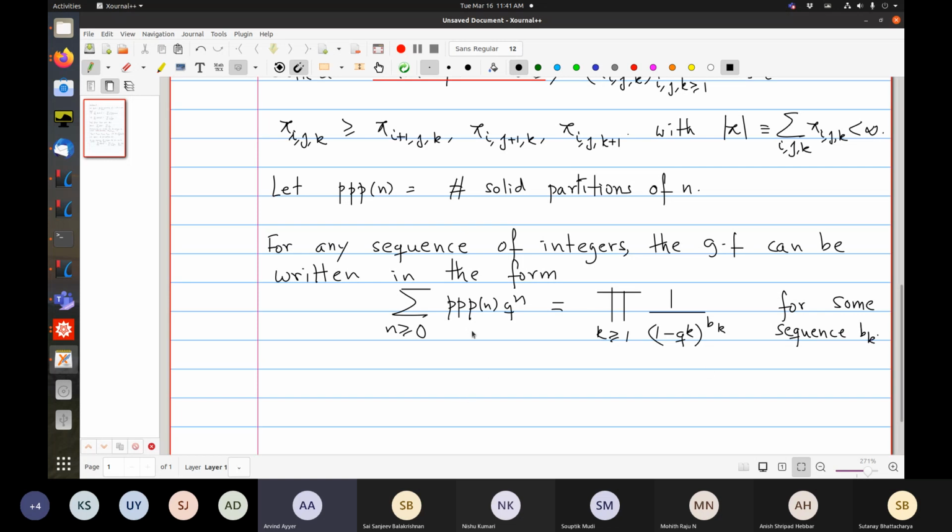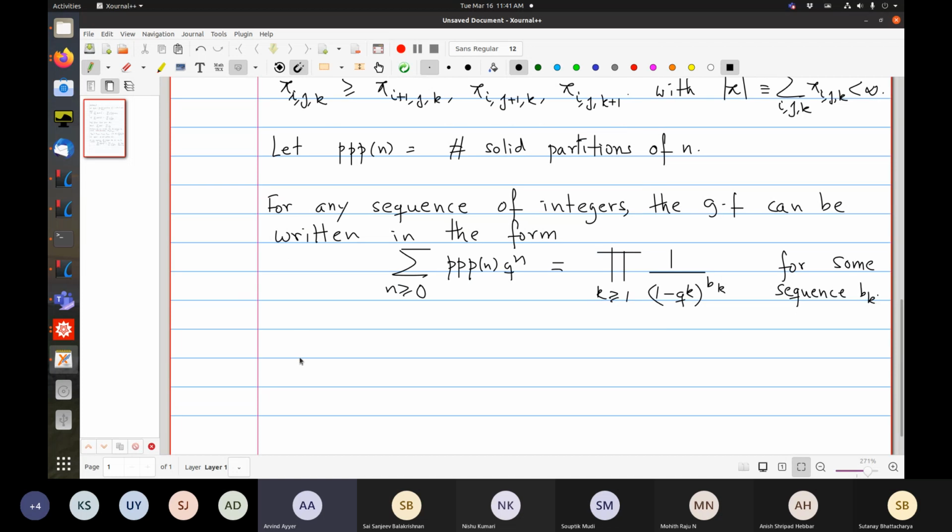Okay, so on a computer you can determine b1 from the first few numbers, because b2, b3 and so on will only affect higher terms in the sequence. Then you determine b2, then you determine b3 and so on. So it turns out